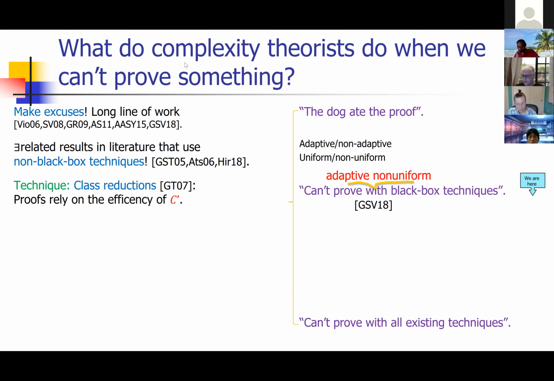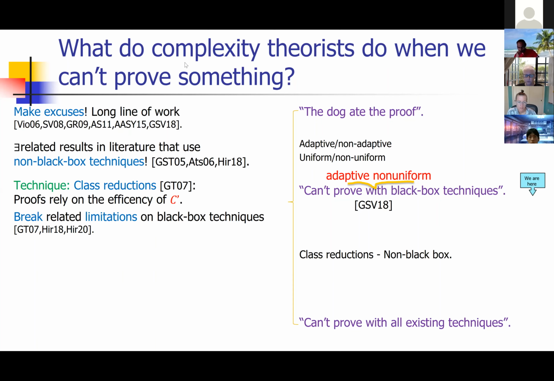So at the moment, in a related context, we have other techniques which are not covered by the excuses, these class reductions, which are non-black box. Moreover, in these related areas, class reductions, these non-black box techniques, provably break limitations on black box techniques. So the excuse that we have is not so good. So what do we do in this work? I would have loved to tell you that we improve Yao's XOR lemma, but instead what we do is we